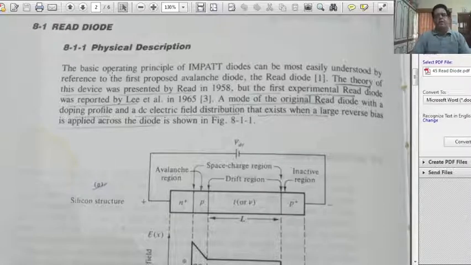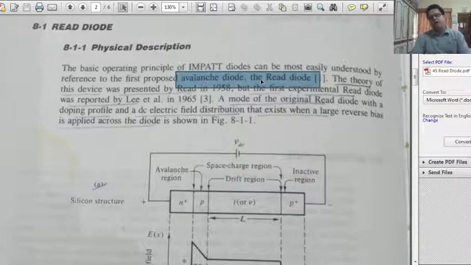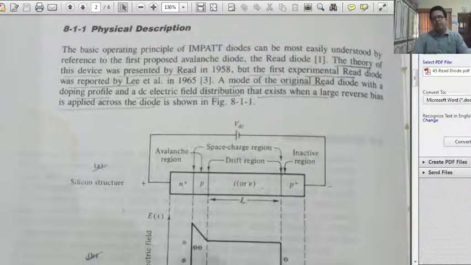The basic operating principle of IMPATT diodes can be most easily understood by reference to the first proposed avalanche diode, that is, the Reed diode. So you can easily understand the operating principle of the IMPATT diode by understanding the Reed diode. The theory of this device